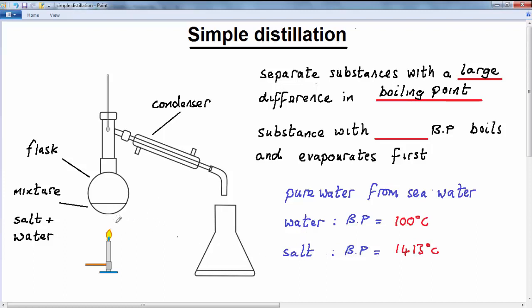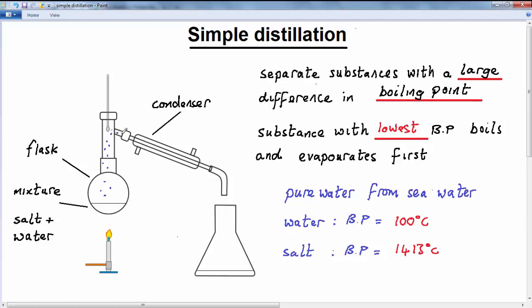So basically what happens in the process of distillation is we heat the mixture, and it will be the substance with the lowest boiling point which begins to boil and evaporate first. So we've got that lowest boiling point substance boils and evaporates first. What's going to happen is the water will evaporate and it will gradually pass up the column of the flask,